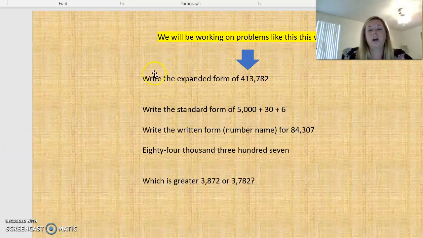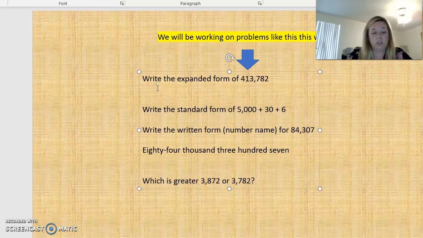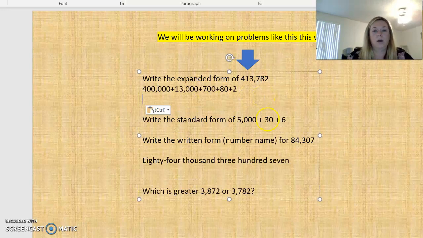This week we're going to be working on problems like this. Write the expanded form of 413,782. Right there. So if I did that, I would break it apart. 400,000 right there. 413,000 right there. 782. Now if I try to write this number 5,000 plus 30 plus 6 in standard form, I would get